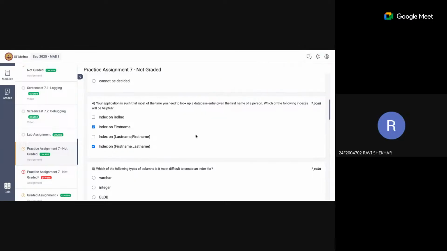My doubt is, if I have already indexed on the basis of first name and sorted them, how would I sort on the basis of last name again? That is the question. Unless the first names are the same, the compound index is helpful only if the same first names are there. But without a compound index, for example, if you are searching on last name directly,